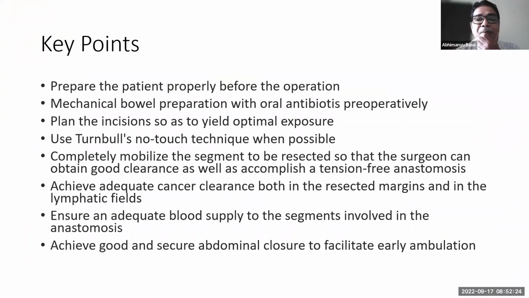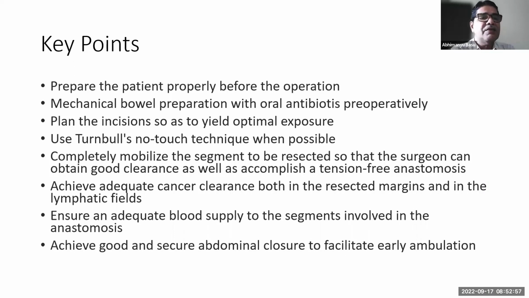So the key points are like that. Am I audible? And is my screen audible? So prepare the patient properly before operation. Mechanical bowel preparation with oral antibiotics; definitely, only mechanical bowel preparation is not preferred. Plan the incision so as to yield the optimal exposure. Use the Turnbull no-touch technique when possible. As you know, the Turnbull technique is that you don't